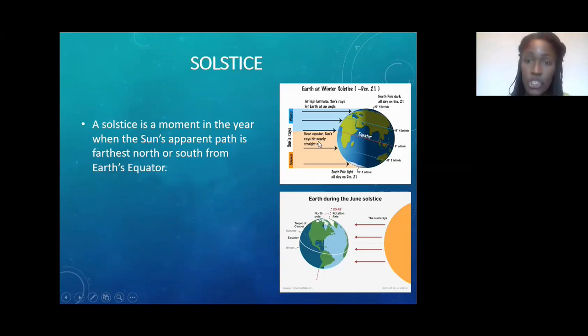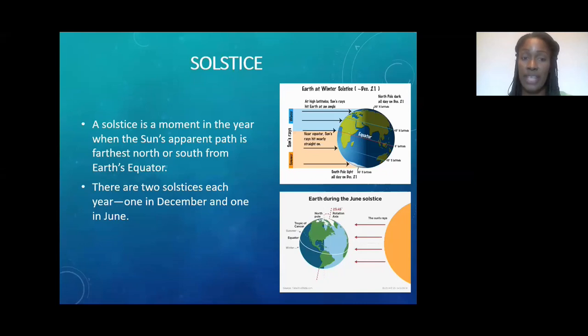And in June, the earth is tilting towards the sun. So that's why we have summer. So then we have the summer solstice. We'll have the winter solstice when the earth is tilting away, and when it is towards the sun, we have the summer solstice. There are two